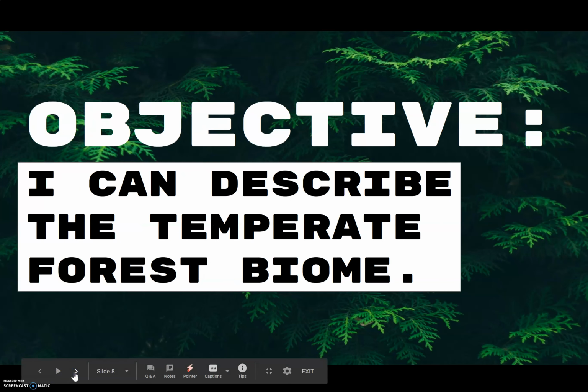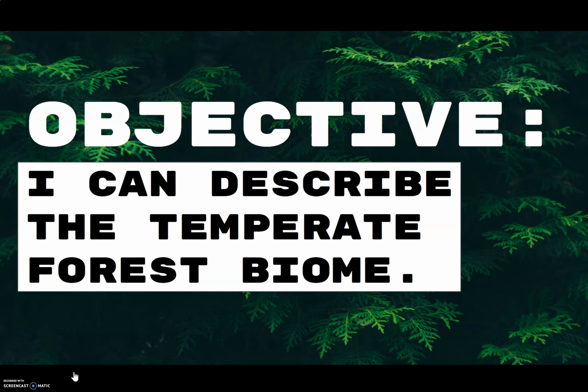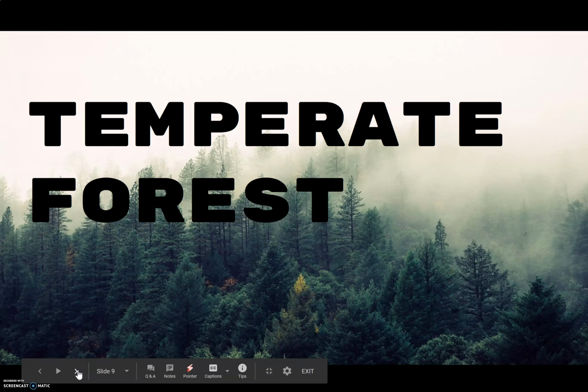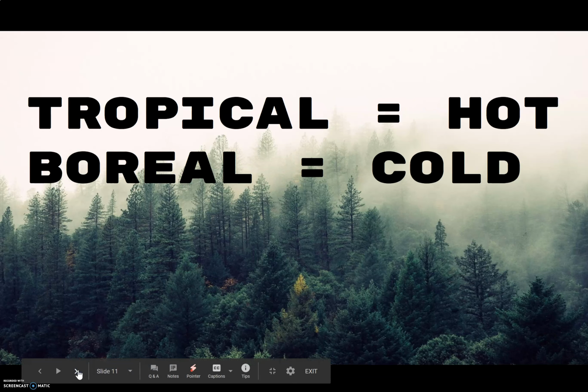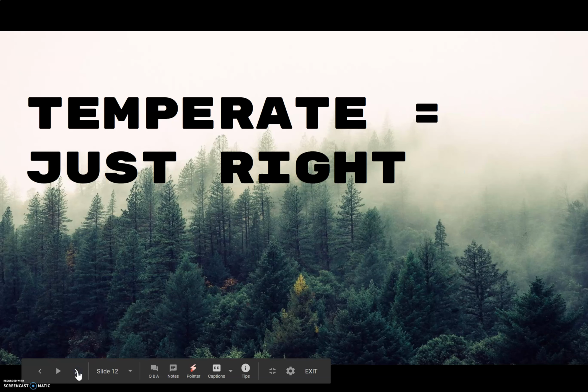Awesome. So our objective of today is I can describe the temperate forest biome. I can describe the temperate forest biome. So temperate forest. First, let's ask ourselves, what does that word temperate mean? Well, temperate means mild. So if tropical is hot and boreal is cold, then a temperate forest is